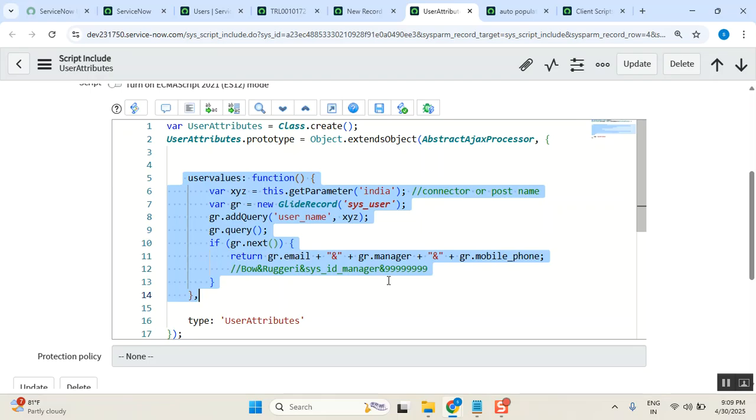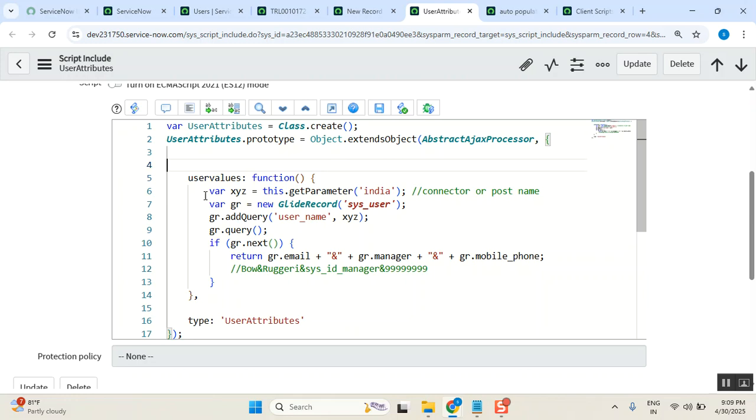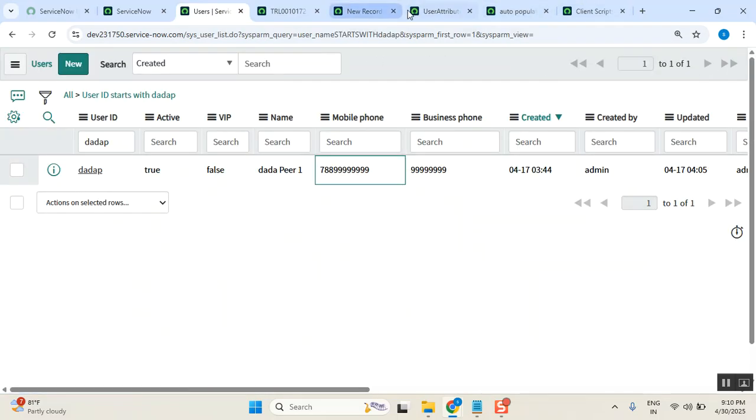Sir, I am a first time learner. If I understood this code, how much I understood is I didn't understand this line, sir. First thing. Now, second thing is I didn't understand this line also, sir. Second thing. Third thing, I went to the user table, user_name, that is the user ID field,